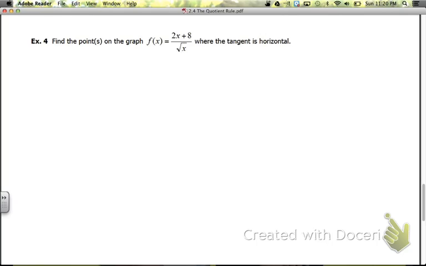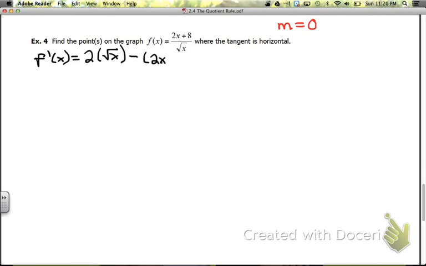And for our last example of today's lesson, example 4, we want to find the point or points on the graph f of x equals 2x plus 8 all over the square root of x, where the tangent is horizontal. Again, I always sound like a broken record when we talk about horizontal, but remember our slope will be equal to 0. So knowing that we need to find what the slope is, we know we need to find what the derivative is. So our f prime of x is just going to be equal, we're going to use our quotient rule, it's going to be equal to 2 times our root of x